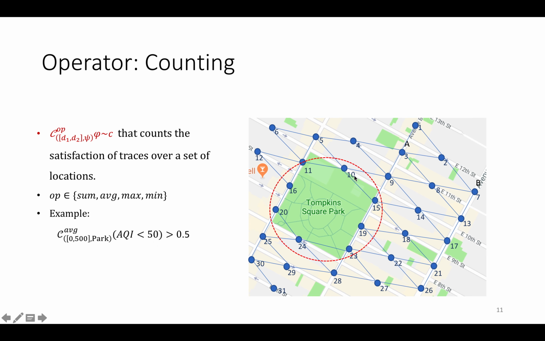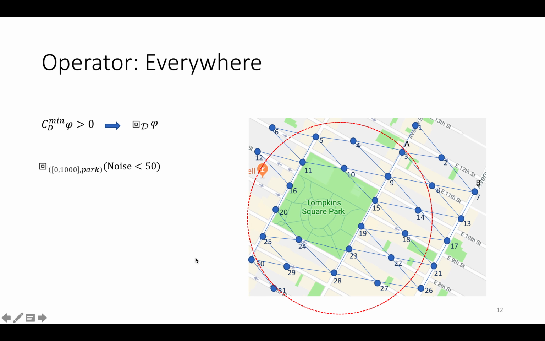And then we count how many nodes satisfy the requirement, like the sum, or we take the average, meaning the percentage of nodes that satisfy the requirement. Say in this example, we want the average, meaning the percentage of nodes that satisfy the requirement, to be larger than 50%, like 0.5.